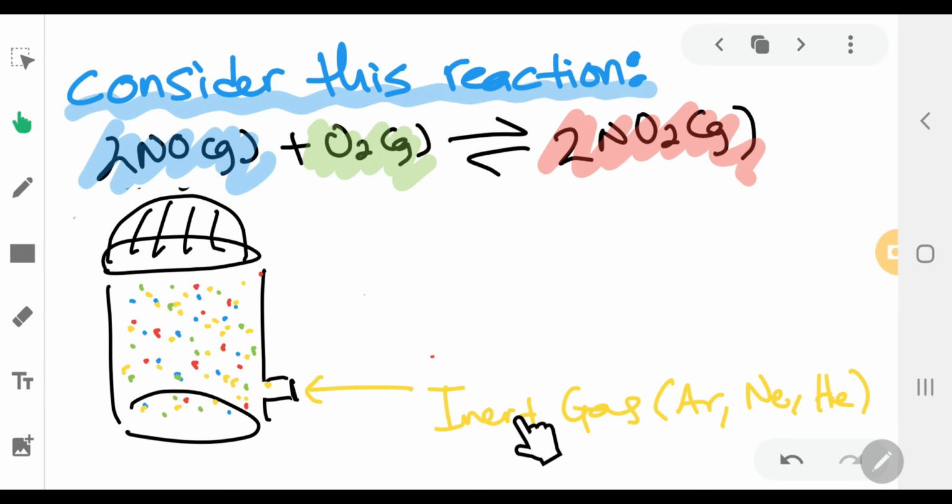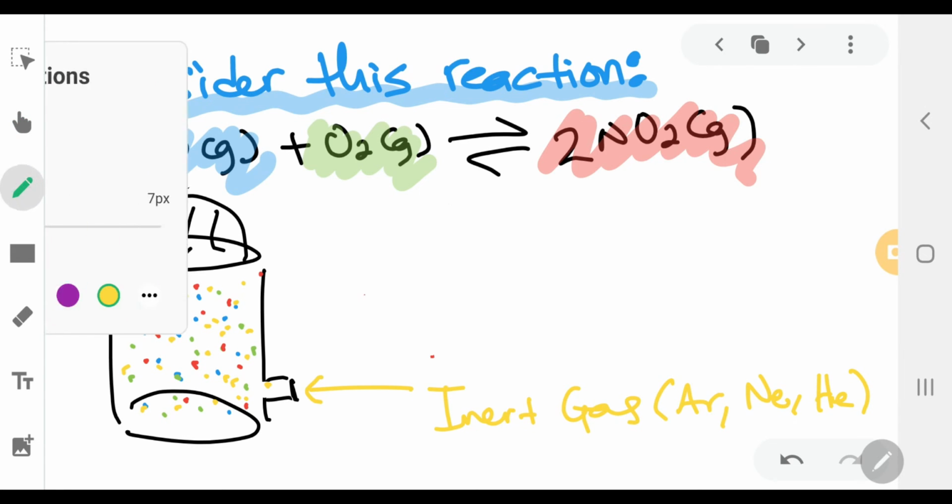That's why we call it inert gas, because they are stable, because they are from group 18. Therefore, they will not react with all of these species when you add them into the system. But what will change now,